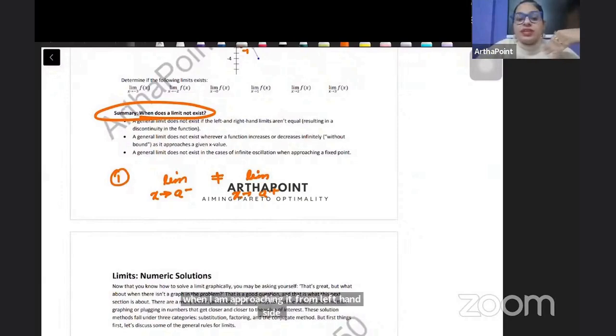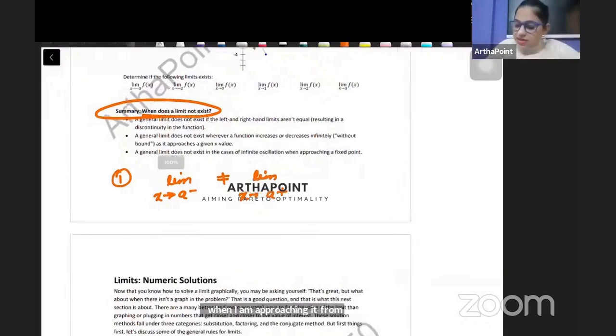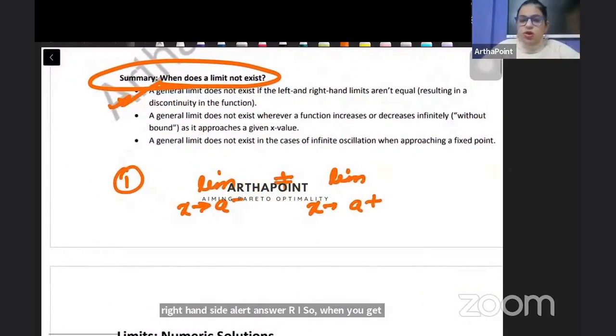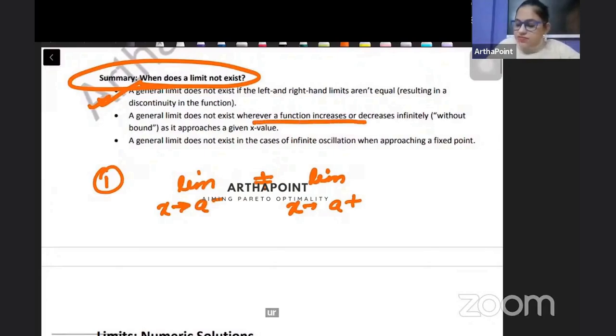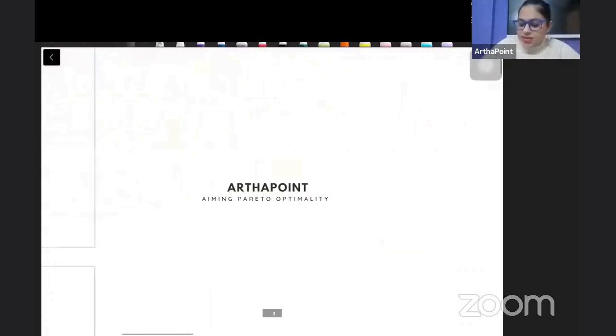So when you get different answers when you approach from the left and right hand side, then the limit does not exist. ये हमारा first point हो गया. Second point. A general limit does not exist whenever the function increases or decreases indefinitely or infinitely. बेटा, अगर फंक्शन इंक्रीज ही हुए जा रहा है, और there is no bound to the function, जैसे यहां पर हमने देखा था